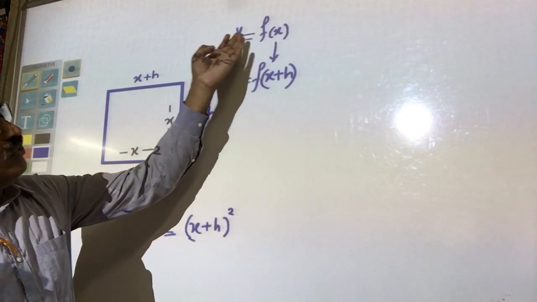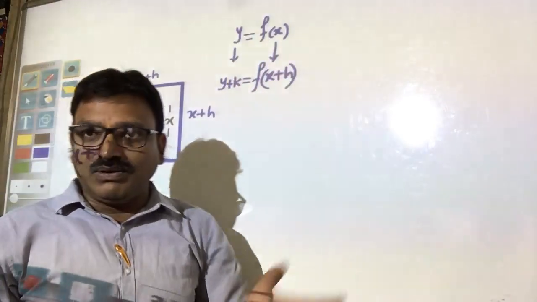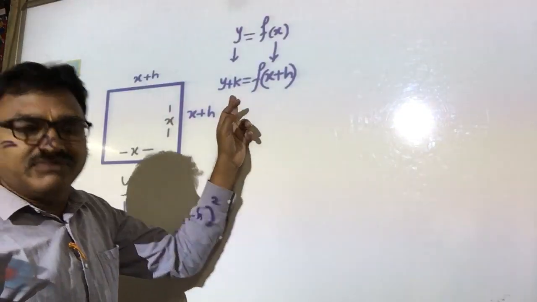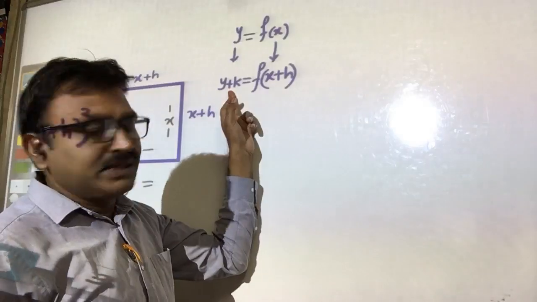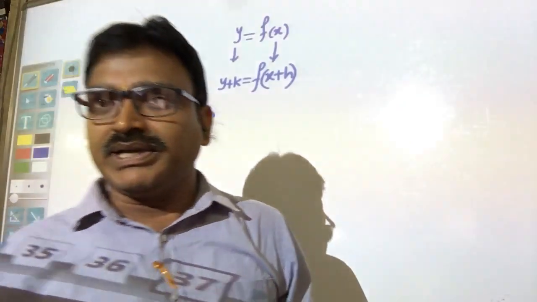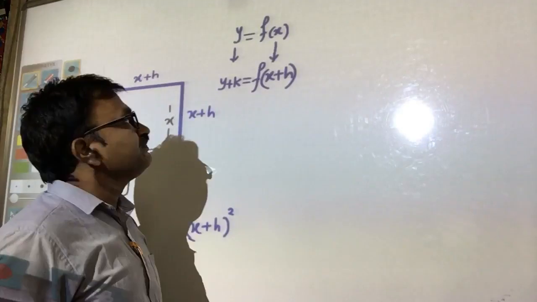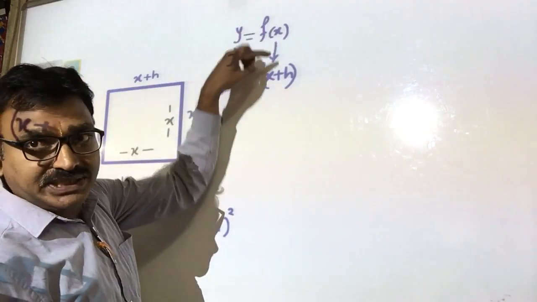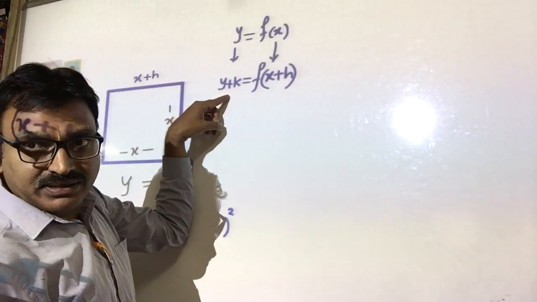If we change the independent variable, then the dependent variable will also change by some value, supposed to be k. Somewhere it may be positive, somewhere it can be negative. It is our new topic, with increasing function, decreasing function, so many things are there. So students, this is our main thing: h is the changing value in x and k is the changing value in y.